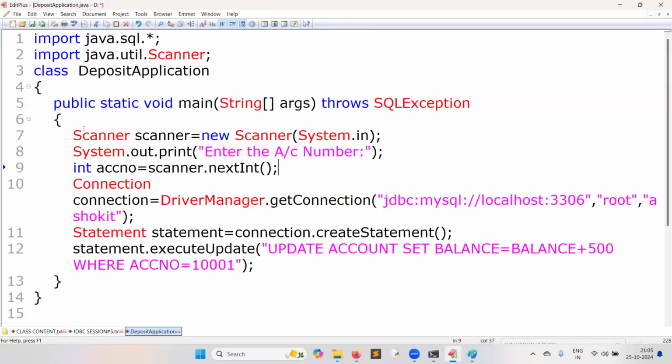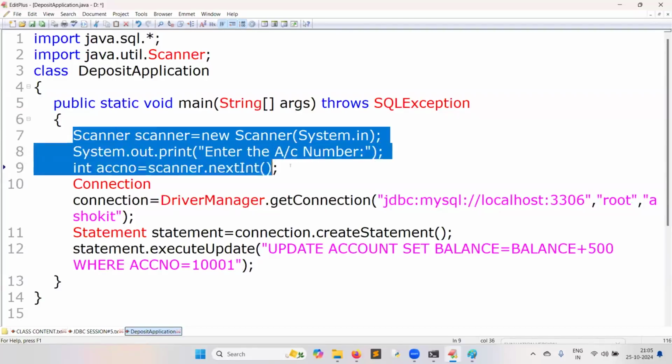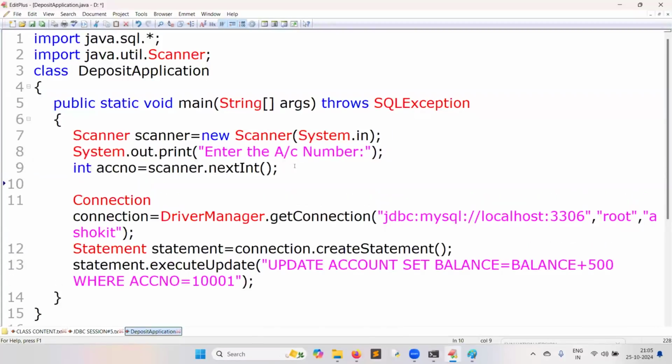So how to read data from the keyboard in a Java program? Maybe there are a number of ways, but one of the ways is Scanner. If you don't know this, contact the core Java class or memorize this code. Next, System.out.println, "Enter the depositing amount."